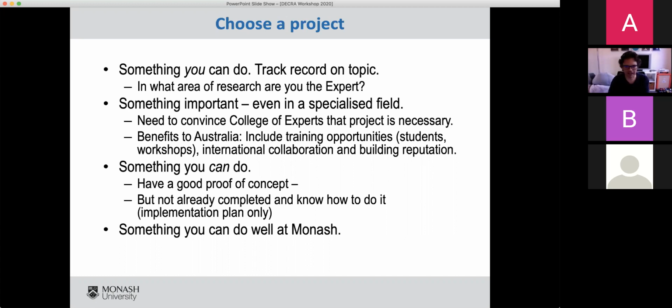So, you know, I like Monash. I've not spent my whole career here and I'm happy here, but think about whether Monash is the best place for you to do this research. If it is, Monash is the place to do it. If there is somewhere else that is more appropriate, you want to give some thought to that.